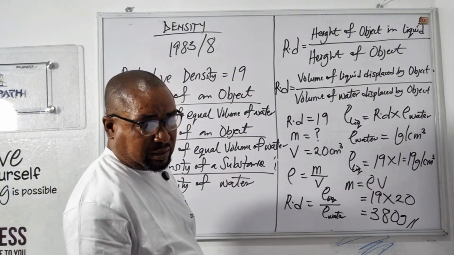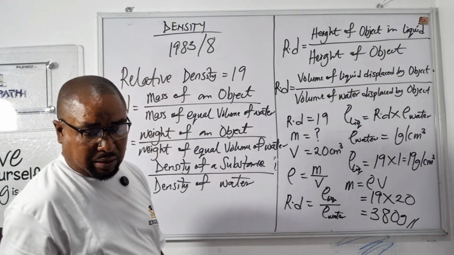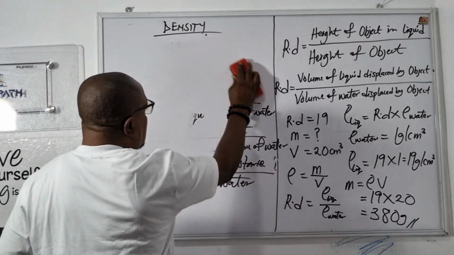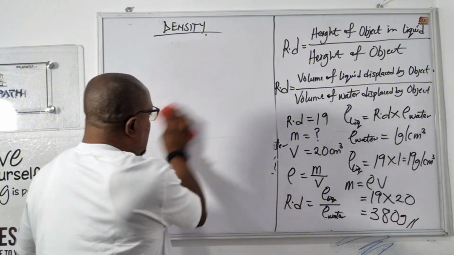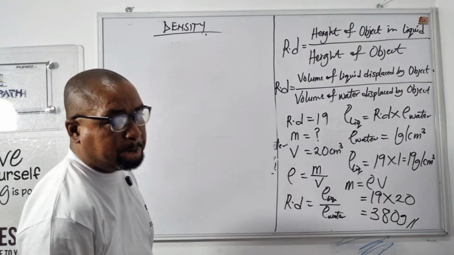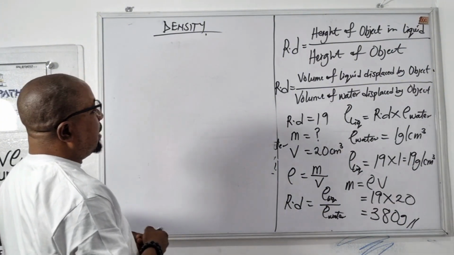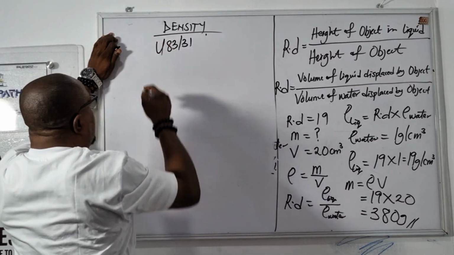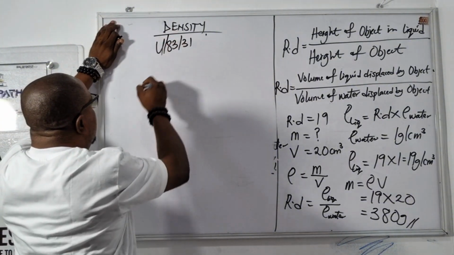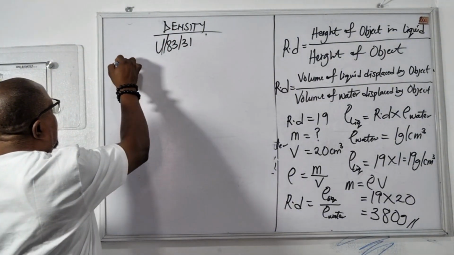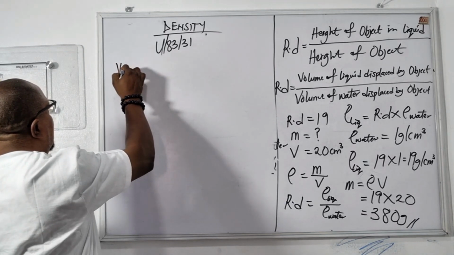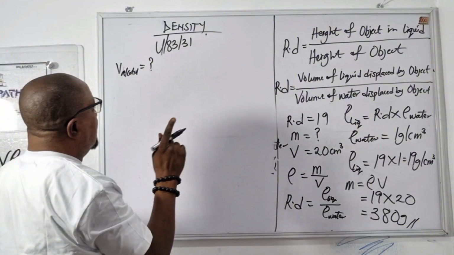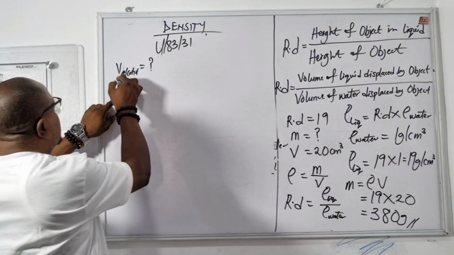Let's look at another question. The same year, 1983, question 31. It says, what volume of alcohol? So we're looking for the volume of alcohol, with a density of